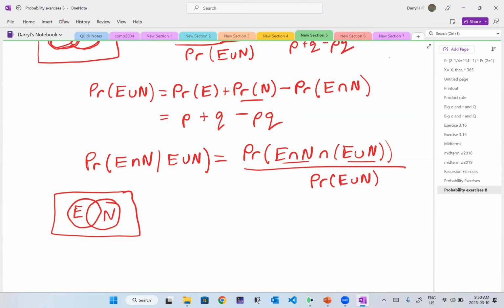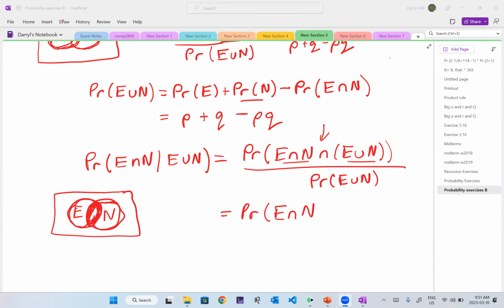I have E intersect N, which is just this part. So what is E intersect N intersect E union N? Yeah, so it's just E intersect N, right? So I take the intersection of this with all of this, and I just get this back. So this is just the probability of E intersect N